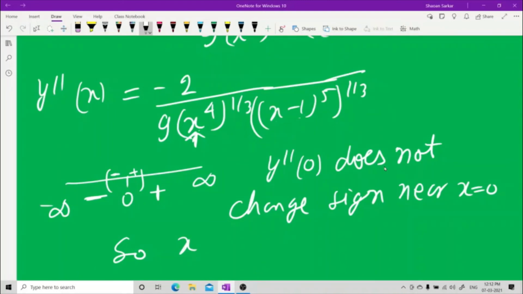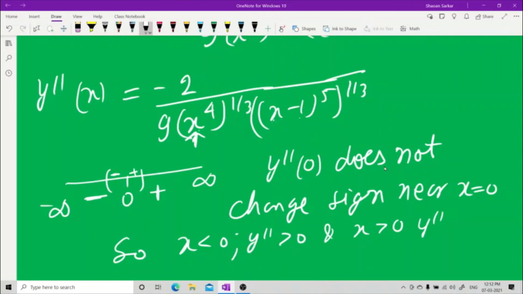I am not talking about 1. I am talking about near 0. At x less than 0, y double dash does not change sign. At x less than 0, y double dash x is greater than 0. And at x greater than 0,